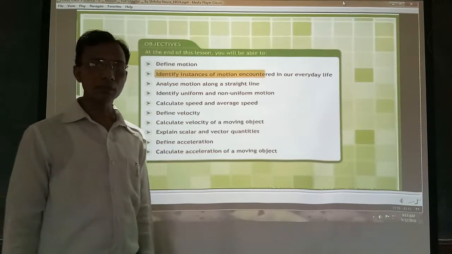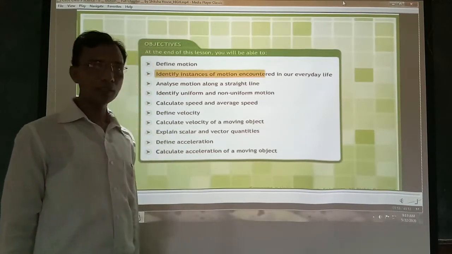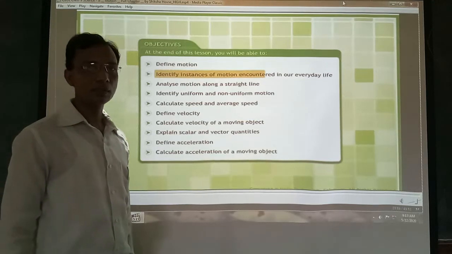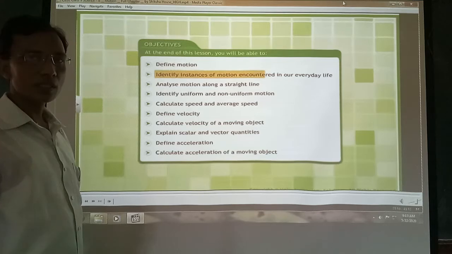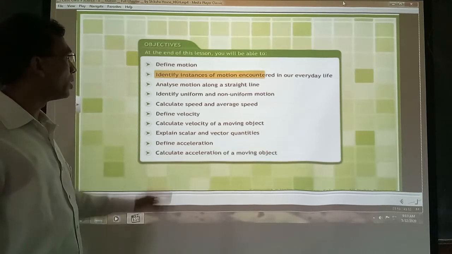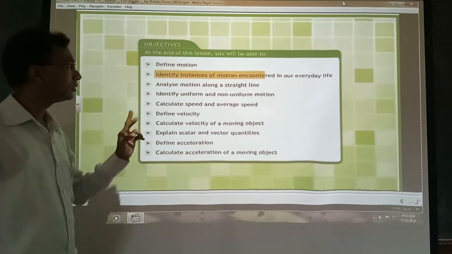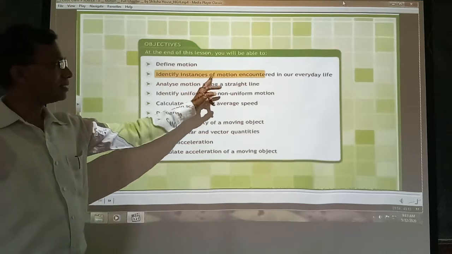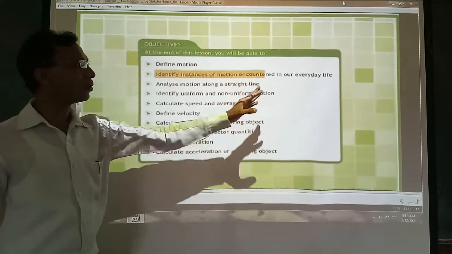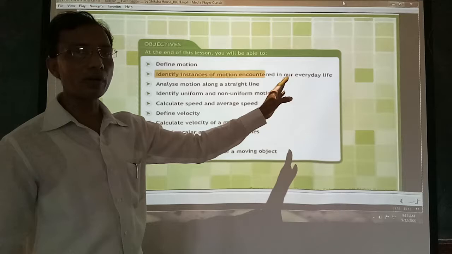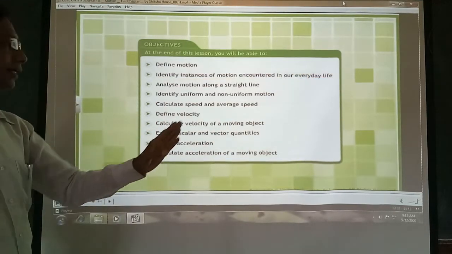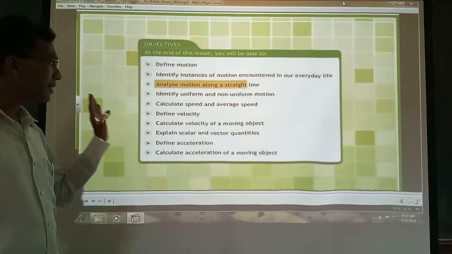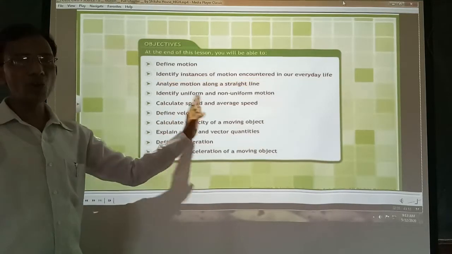We are going to the same chapter, number 8, that is Motion. Okay, the physics portion. In motion, first we have to discuss and identify the types of motion encountered in our everyday life, analyze motion along a straight line, identify uniform and non-uniform motion,